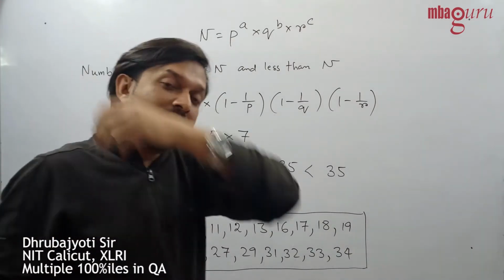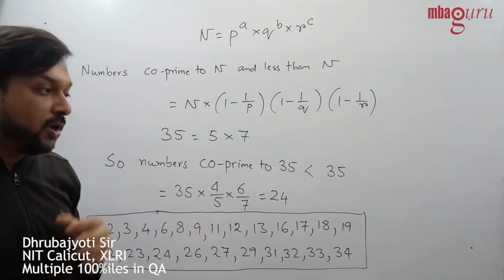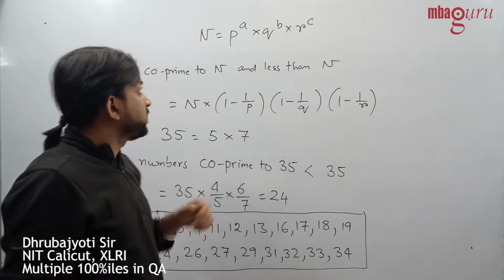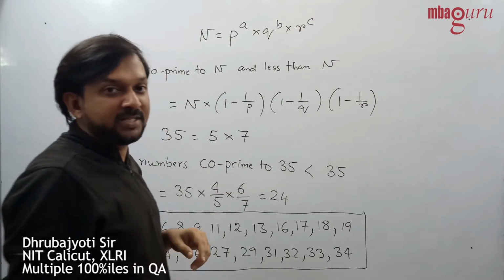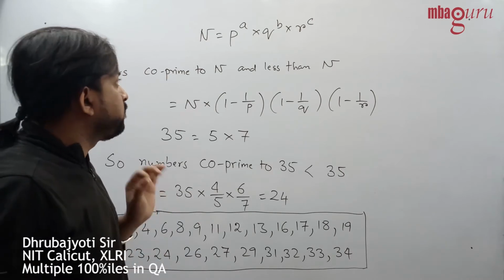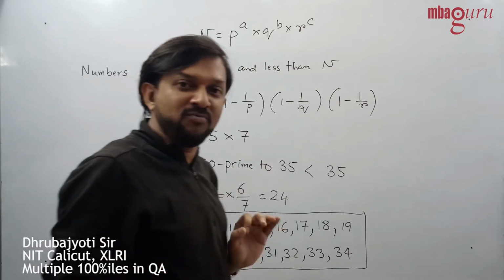Understand the concept of coprime numbers. Coprime numbers are those numbers which do not have any other factor common except 1. And therefore, if n is a number which can be expressed as p to the power a, q to the power b, r to the power c and so on, where p, q and r are its prime factors,